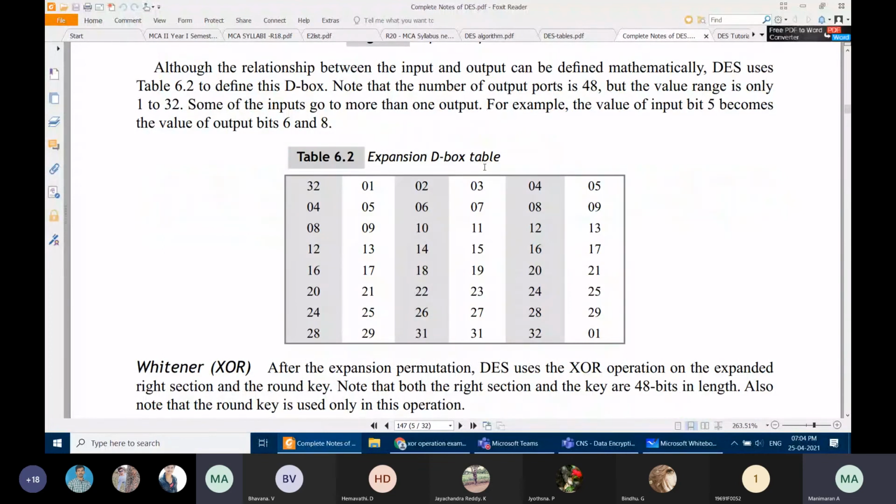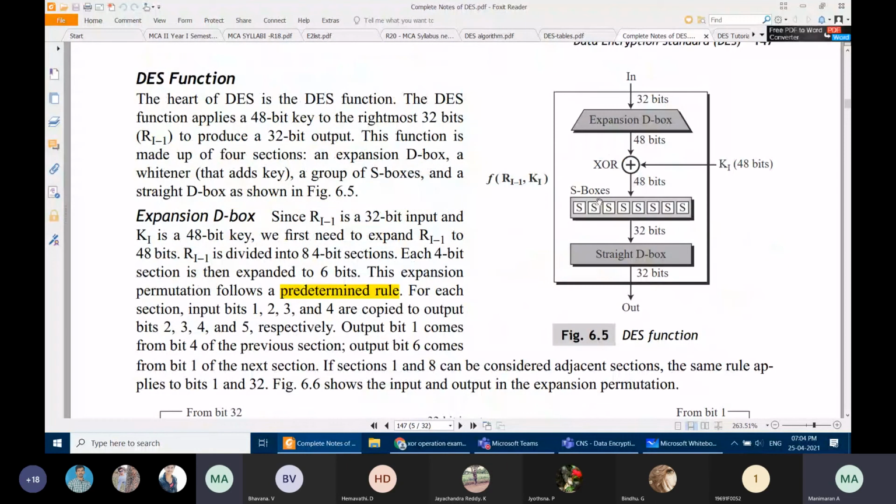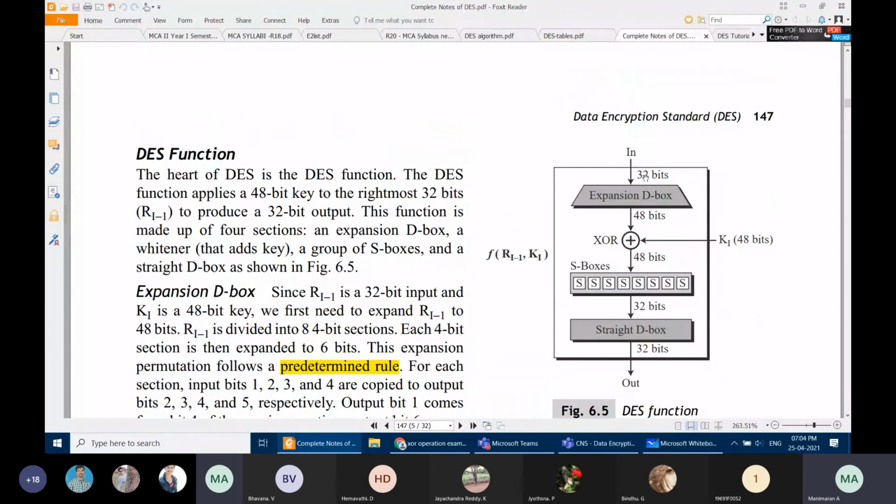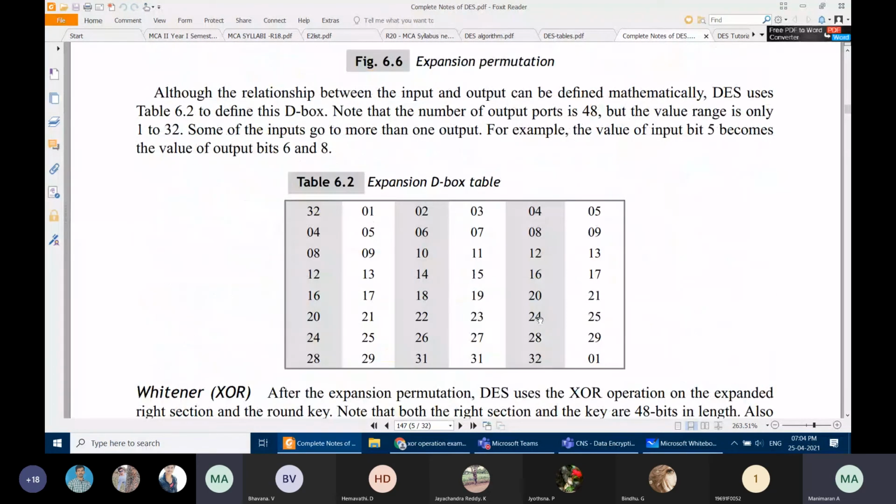So this is the expansion box. Expansion means we are getting input as 32 bits and the output will be 48 bits. So what I told you, input size is 32 bits only. I will show you here. See here, what is the size here? 32 bits we are giving as input, and after applying this expansion box, what is the output we are getting? 48 bits. How we are converting 32 bits into 48 bits means, just look into this predefined table. Yes, come to this table. How many rows and how many columns are there in this expansion box? Tell me.